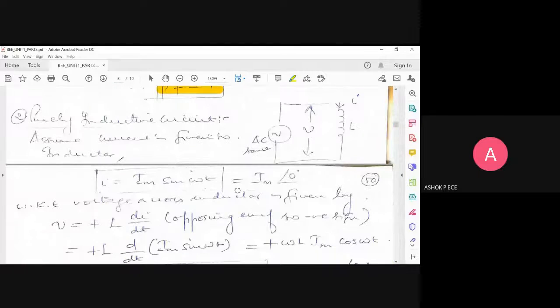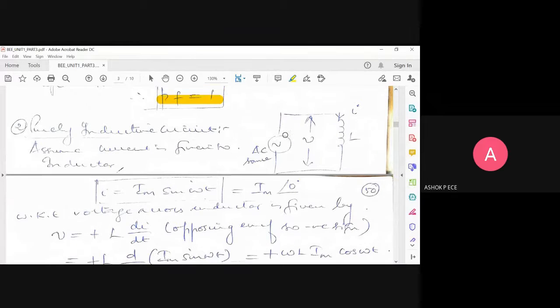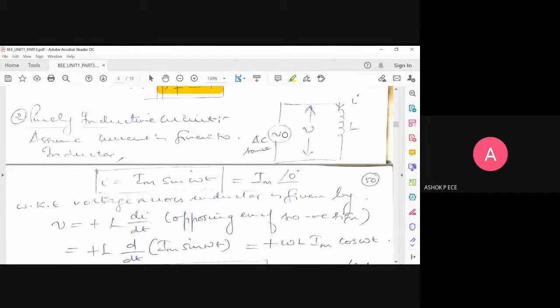Now we slowly move into inductance. You have an inductor, and it is supplied by an AC source. Inductor and capacitor have a unique property. What does that mean? They cannot suddenly react to change in voltage. They want things to happen very slowly and smoothly. If suddenly something is changing, they cannot change themselves suddenly. They will take some time to adapt. So that is the nature of inductance and capacitance. Just keep that in mind.